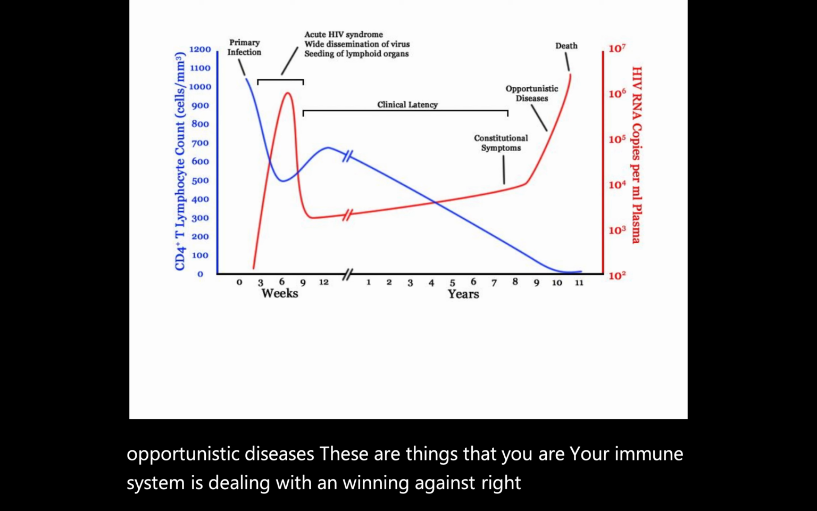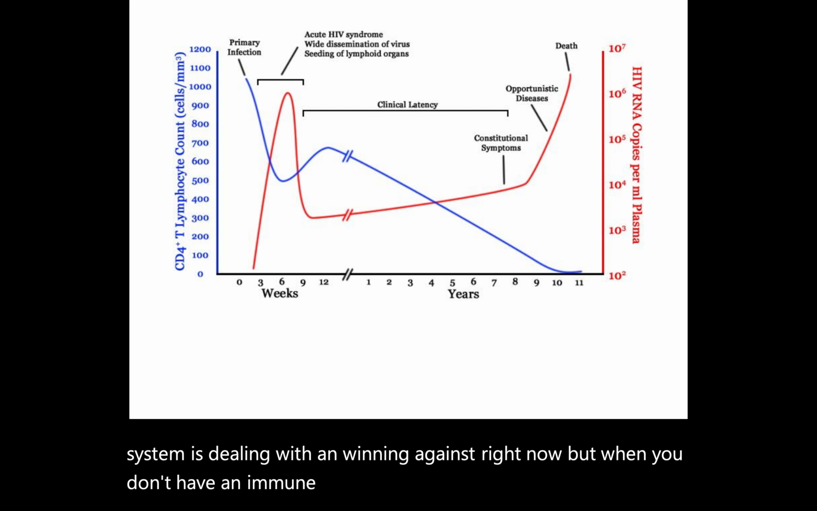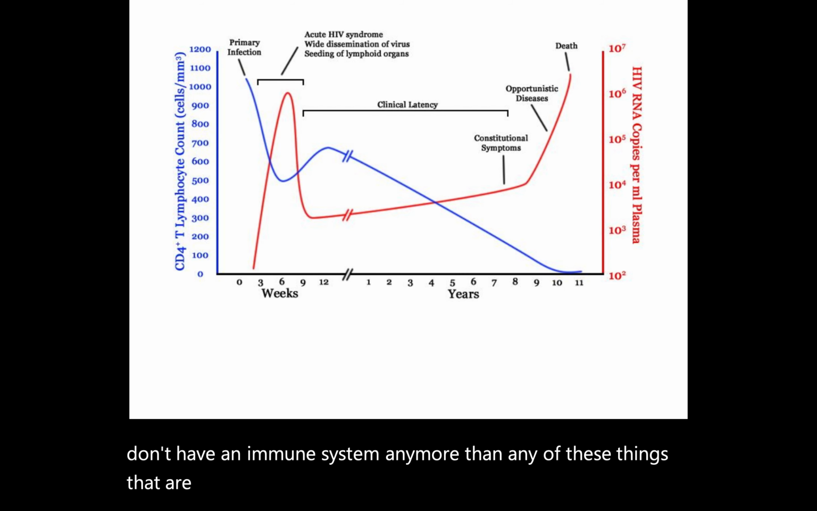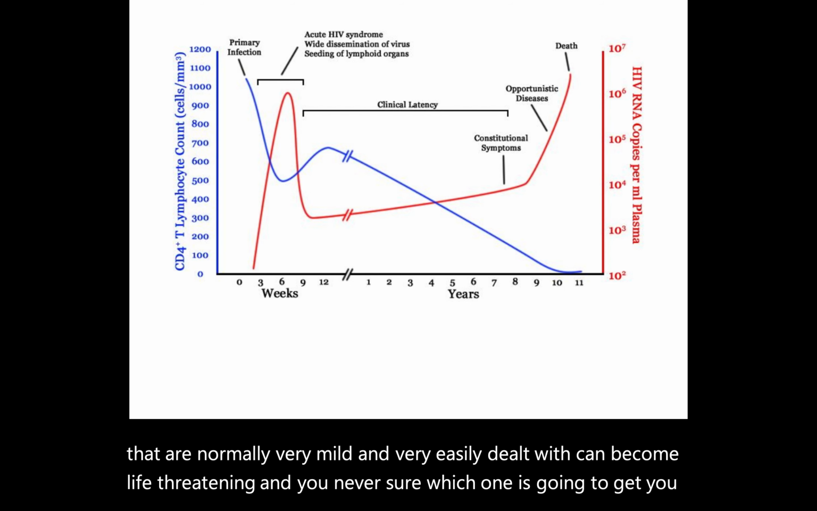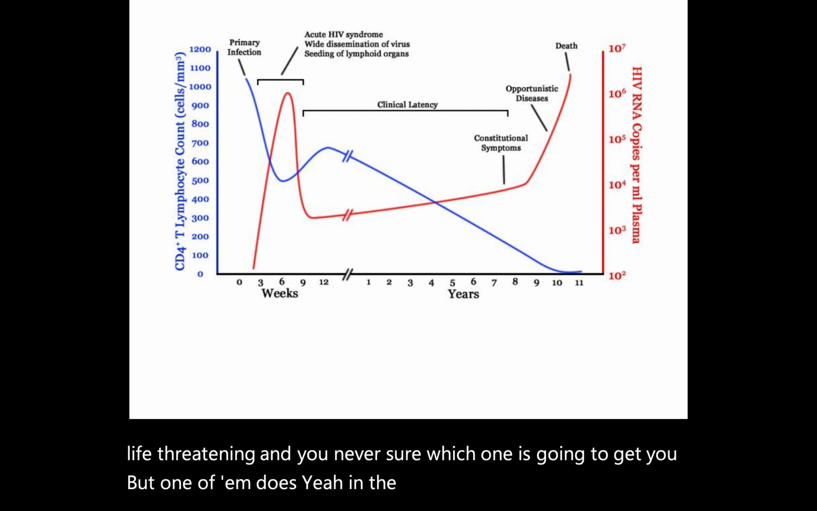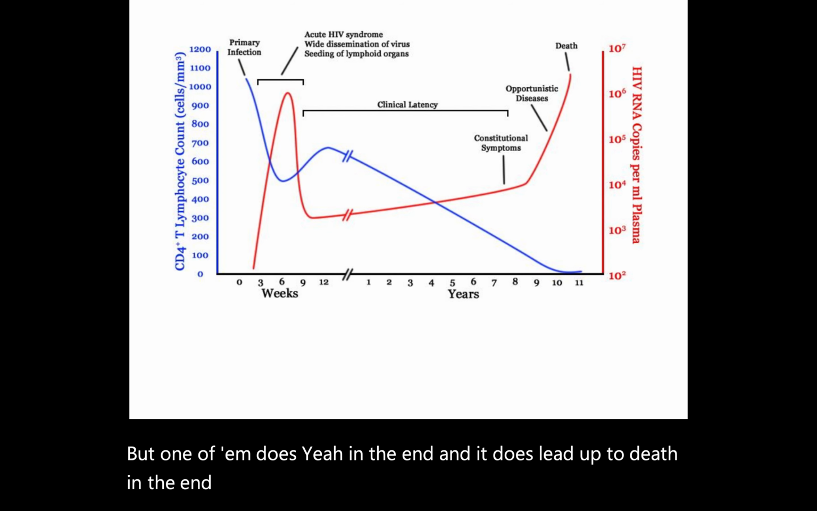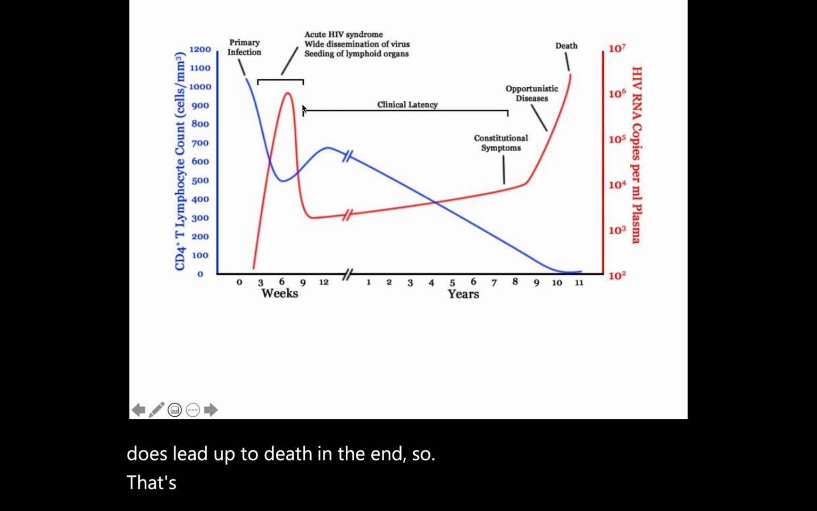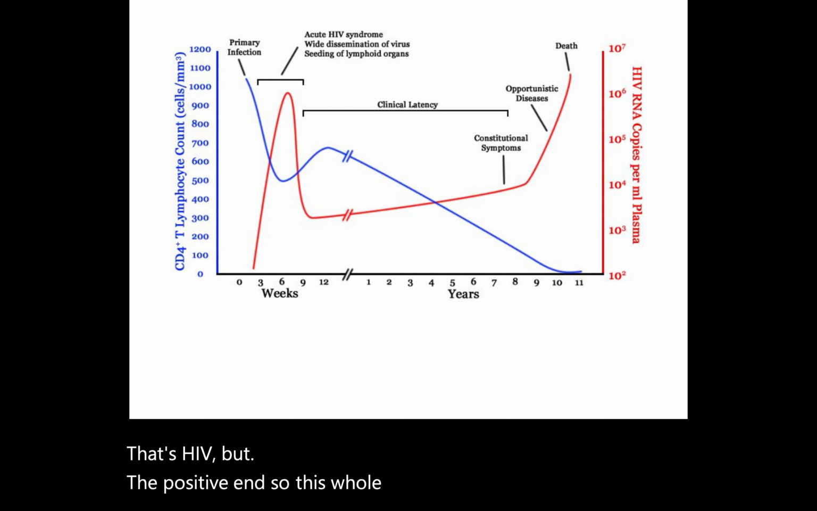But when you don't have an immune system anymore, then any of these things that are normally very mild and very easily dealt with can become life-threatening. And you're never sure which one is going to get you, but one of them does in the end. And it does lead up to death in the end. So that's HIV. But the positive, and so this whole process would take years, somewhere between about 2 or 3 years